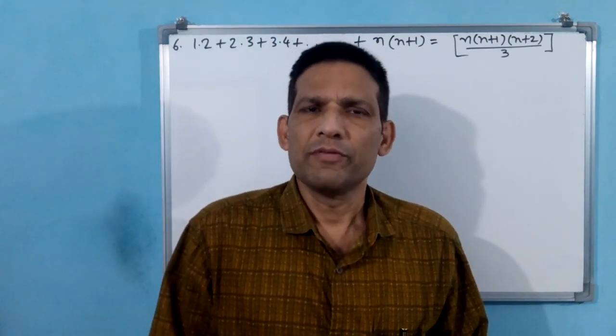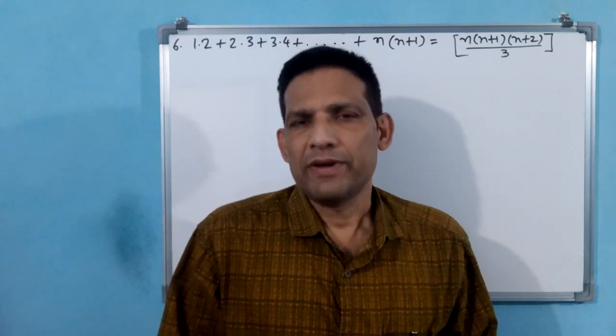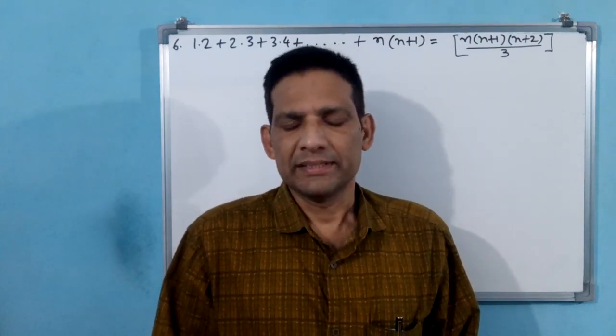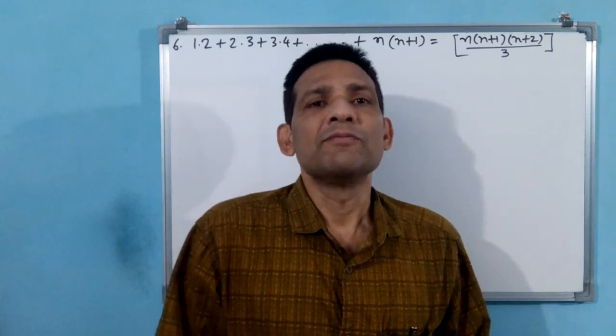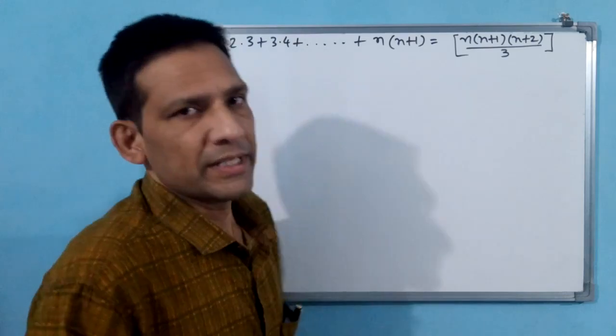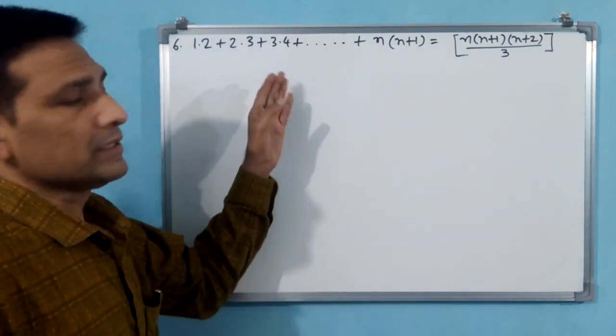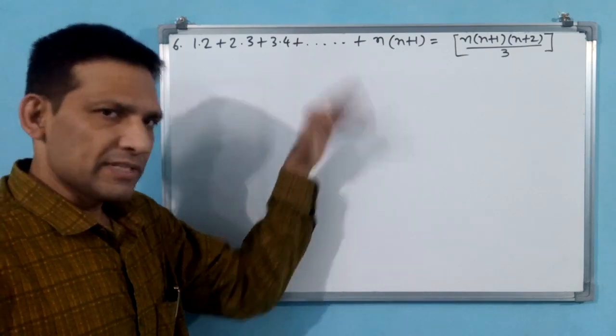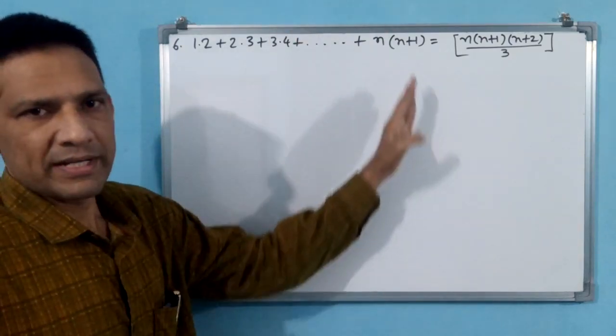In the last class we finished question number 5 in exercise 4.1, principle of mathematical induction. In this class we will continue from the sixth question onwards. Let us see what they have given. N belongs to capital N, that means n belongs to natural numbers. That was the condition they have given, that is why we have not written it again.